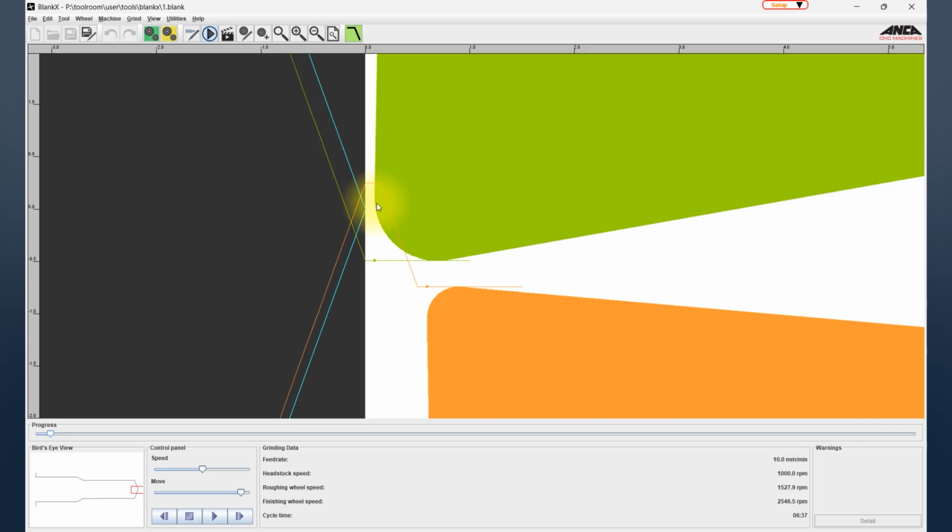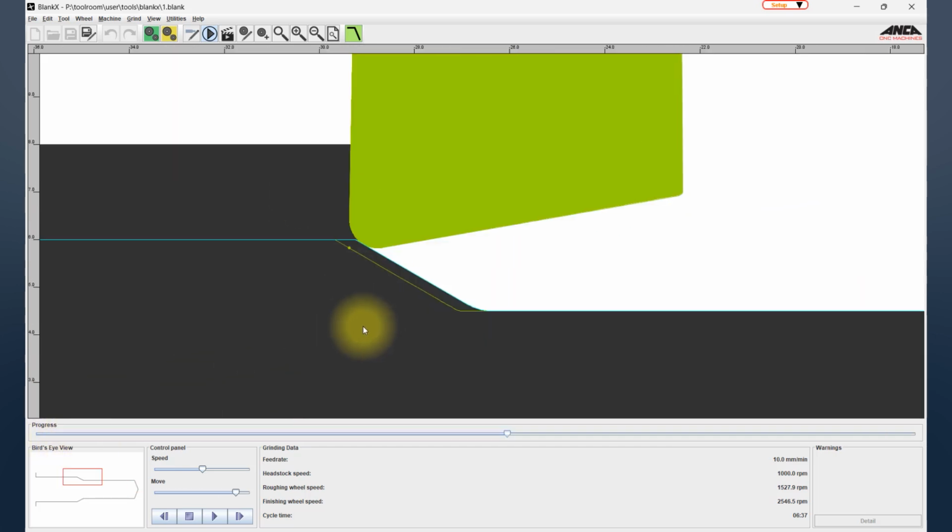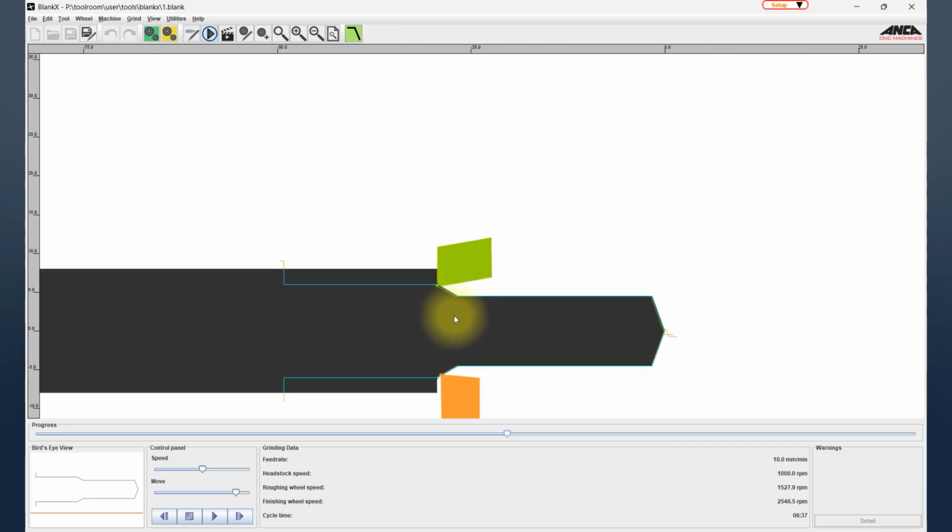Now the software assumes that your radius is uniform and it is concentric to the actual center of the radius itself. If there is an uneven wear, the software wouldn't know, and that will probably end up in giving a pip on your drill point, for example here. Now if you're having a finishing wheel going through and finishing it, then that doesn't really matter. So here we go. This is the show and hide the grinding path, beneficial for debugging.